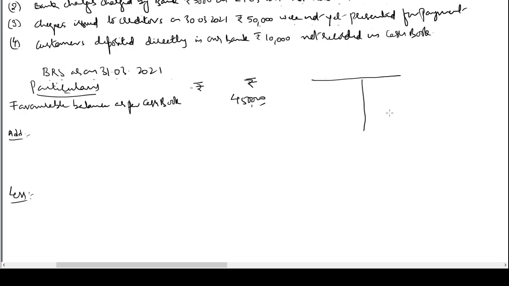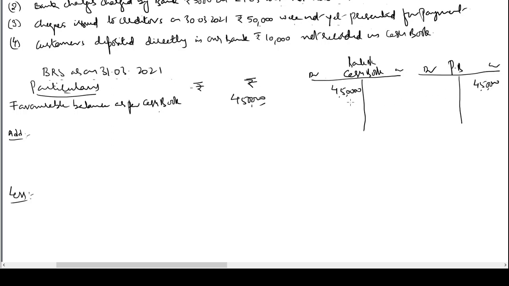Okay. Now, as we discussed earlier, we have to prepare working notes for each item, and I use small ledger accounts to understand what has been the impact. Cash book, this is nothing but bank account in our books, and the passbook, that is the customer account, our account in the books of the bank. Now, again in this problem, we are starting with the cash book balance. So let us take the balance in our working note also.